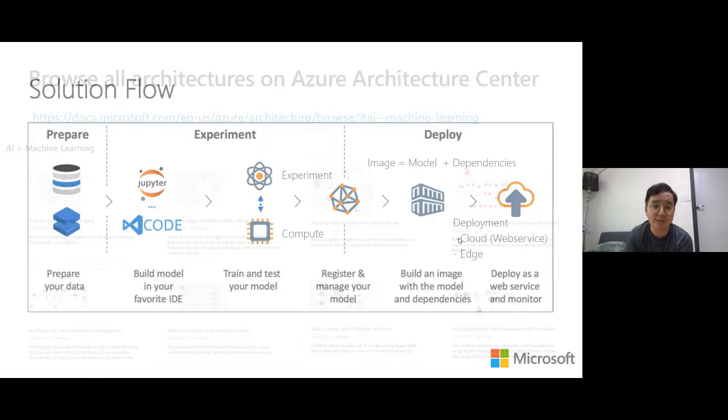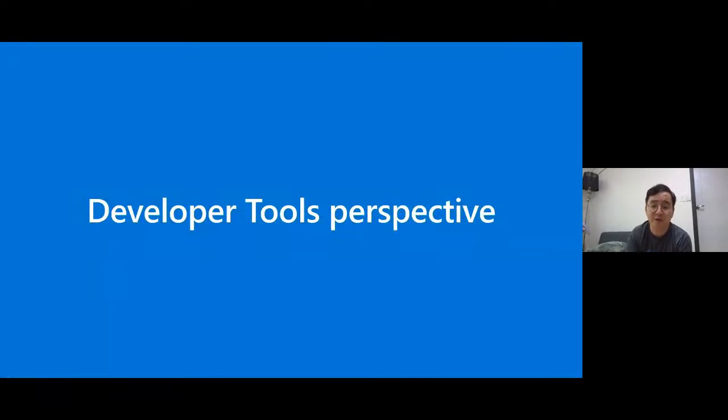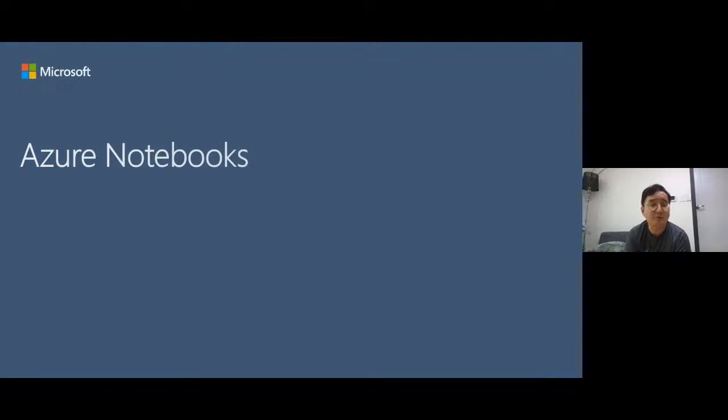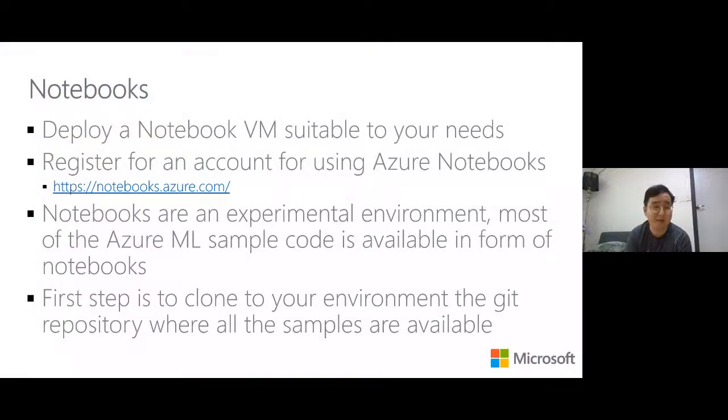And also, from a developer tools perspective, there are many different tools, but I would like to highlight what is related to the Azure Machine Learning Workspace. The first thing is Azure Notebooks. The Azure Notebooks service itself is currently available as a preview for all users. It is free, so you can just go to